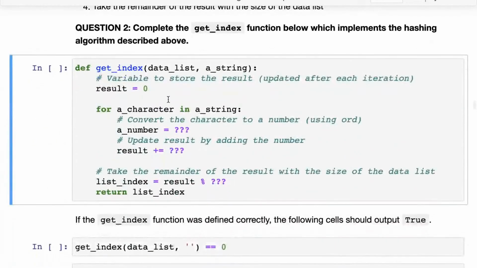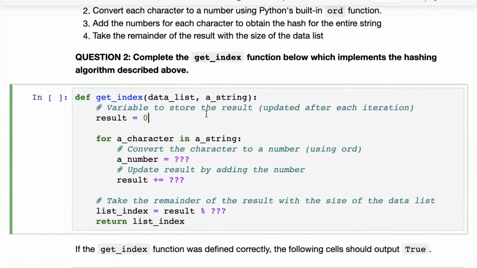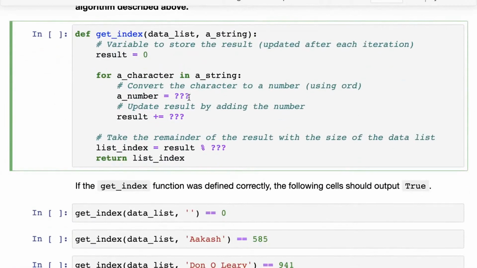So let's first define a function called get_index. All it does is it takes the data list and a string, and it applies this hashing algorithm to return an index for that string, for that key. So for a character in a string, we need to convert the character to a number. We convert the character from the string into a number by calling ord on the character.